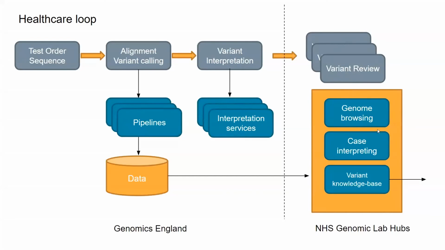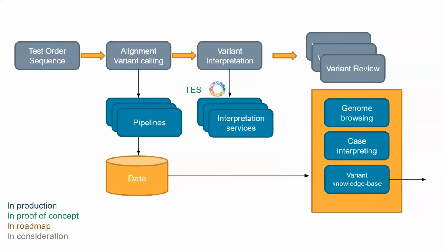As you'll be familiar, they would browse those genomes, perhaps through a standard genome browser like IGV. I'll show you an example in a second. Or they will review the variants and the clinical information and the scoring of those variants to be able to diagnose those cases. And finally, those data are deposited in variant knowledge bases. So as we're doing all of this, there are a number of challenges, and we have started to implement more and more GA4GH standards to solve those challenges.